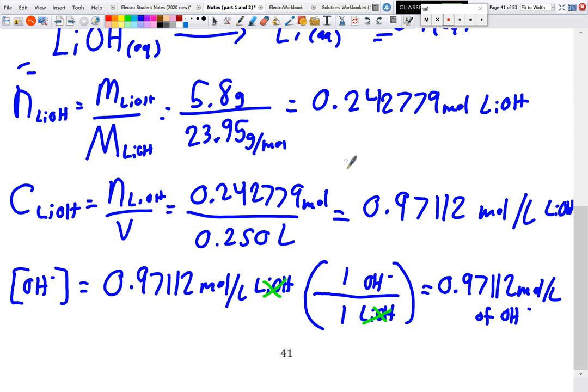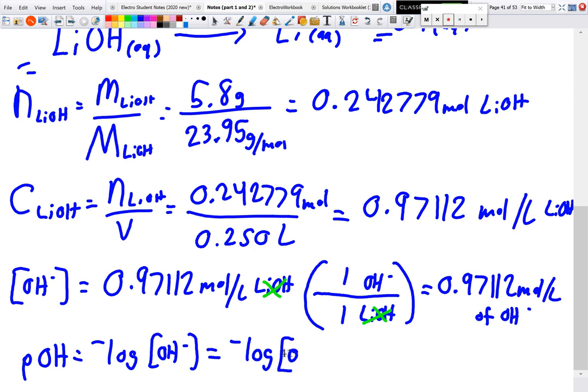So one more step. I know this seems like a lot, but we've done these before, actually 4 steps, where we write out the balanced chemical equation, find the number of moles, find concentration, then the concentration of the ion. So really all we're doing is just adding our last step, pOH is equal to negative log of the concentration of hydroxide. So we go negative log of 0.97112 moles per liter, and we are left with